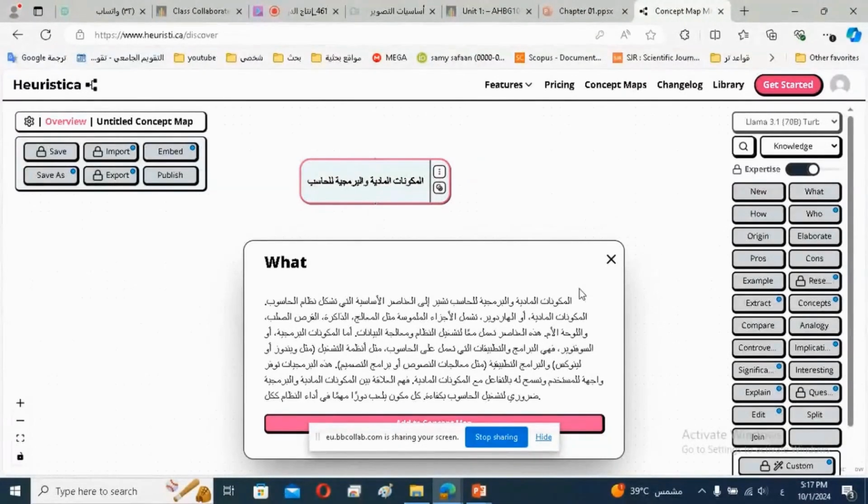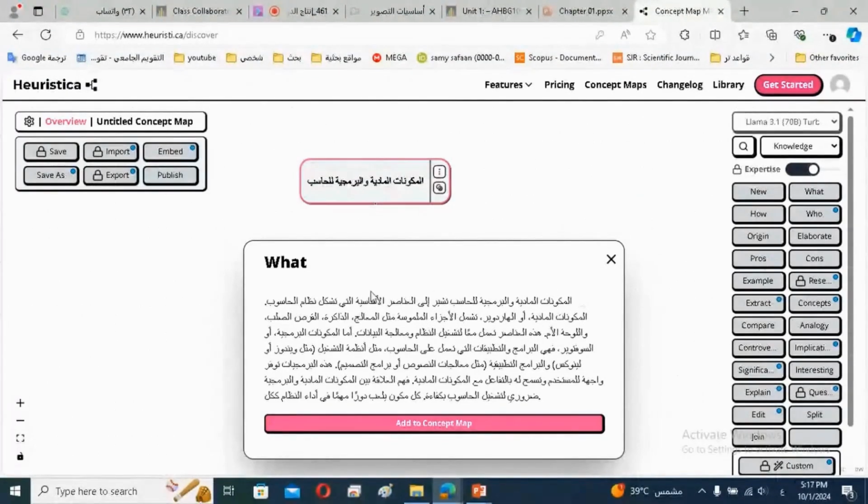Here. Look, let artificial intelligence show you the beauty. Look at the beauty, everyone. Here it says, honestly, the hardware and software components include the essential elements of the system, the computer, and the hardware components, which consist of tangible parts like the processor and memory. This beautiful talk, right? And here, it tells you, what do you want to do? You want to add this information here to your tree as soon as you click on it.